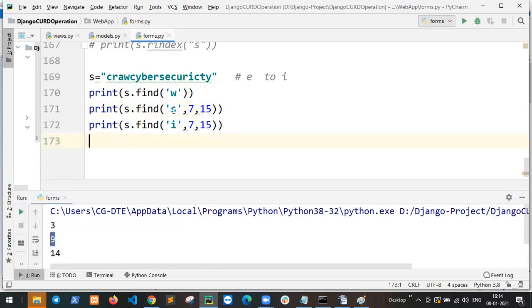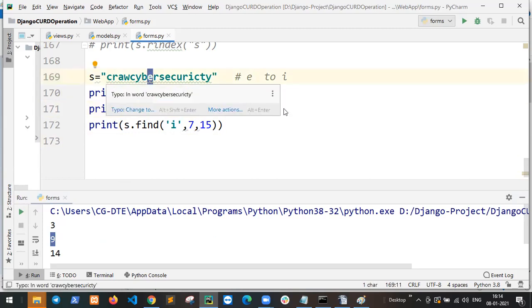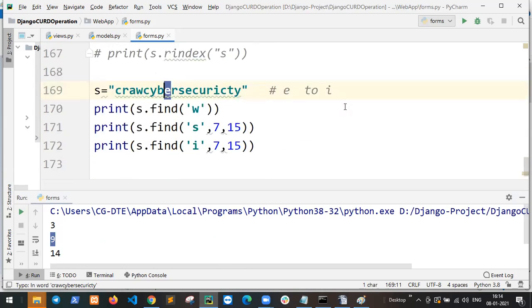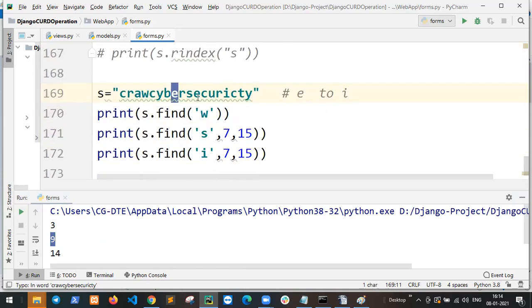So how does it find? 7 to 9 characters. 7 is E. 0, 1, 2, 3, 4, 5, 6, 7.